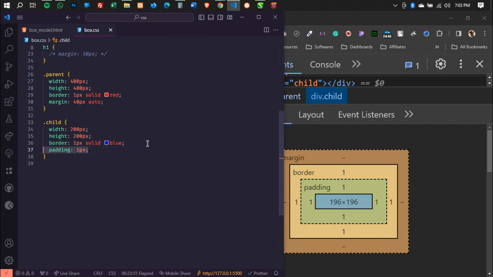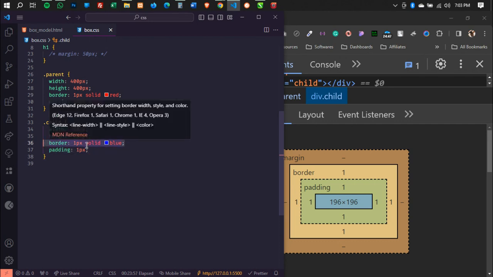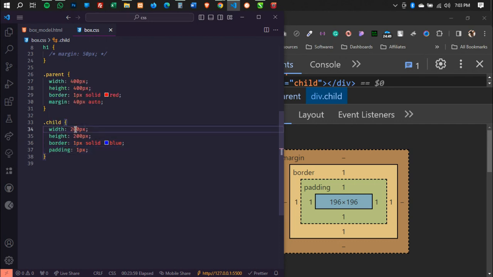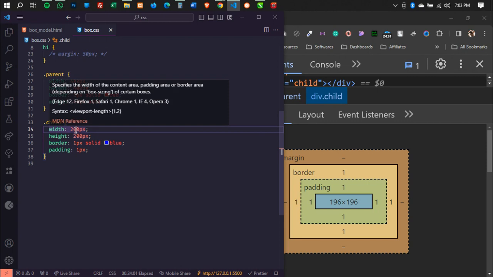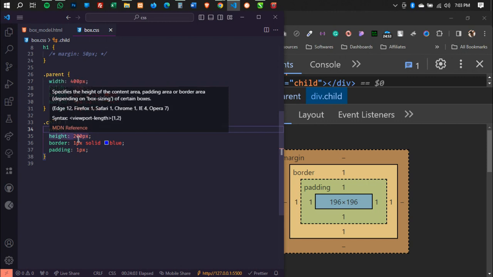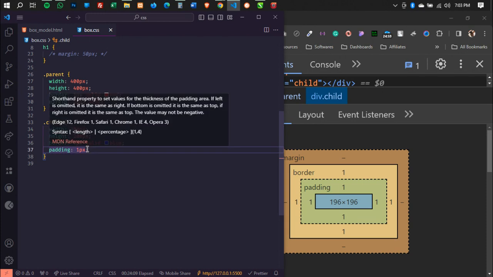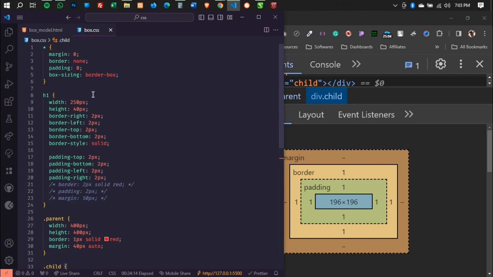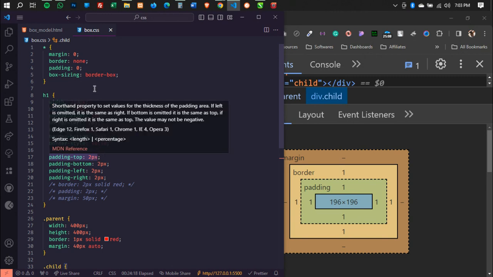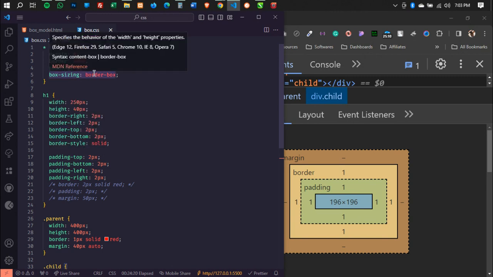So the border and the padding are going to be taken from what? From the 200. It's like your mom gives you money to go and buy something from the market, and now she says take the transportation from the money she has given you. So that's border box. But if she wants to give you extra money to pay for transportation, then that's going to be content box. So if she gives you 50 cities to go and buy something from the market,